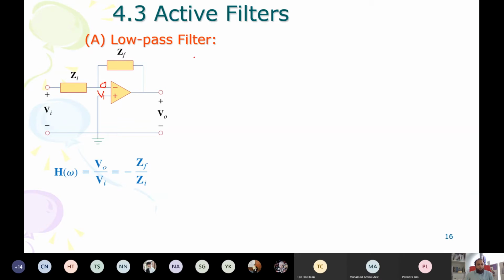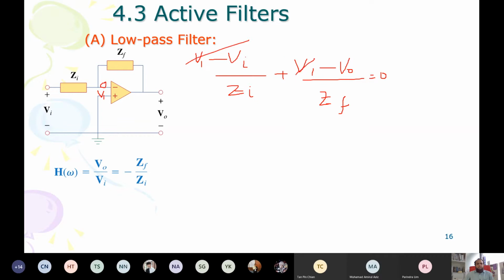Can I write the equation at node 1? It will be (V1 minus Vi) upon Zi, plus (V1 minus Vo) upon ZF, equal to 0. And since this is 0 and this is 0, we just get minus Vi upon Zi minus Vo over Zf equal to 0,